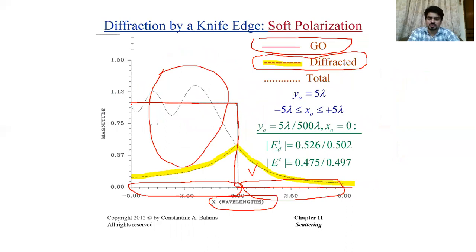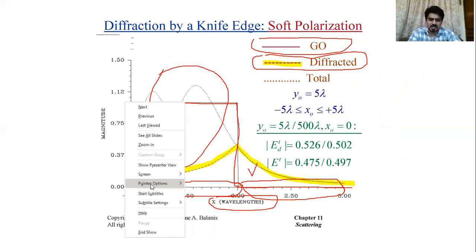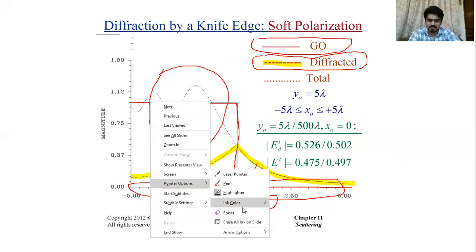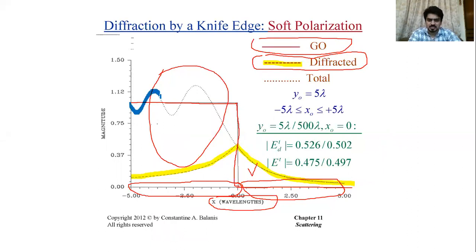So when you look at the total field, when we add the diffracted field with the direct field, you see these ripples in the response. Let me highlight that with some other color. In that case you see this type of ripple variations in the first region. And since in the second region you only have diffracted fields, your total fields are nothing but the diffracted fields. That is given by this dotted line, the total fields.